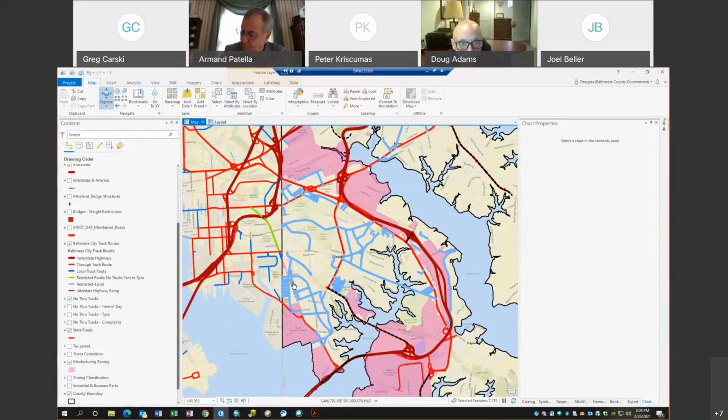This Dundalk is tricky, but I think because these routes we're going to call preferred are so on top of all of these clearly issue areas with restrictions, that may be part of the camera discussion of we want you on Holabird, but as soon as you turn on to X, Y, or Z, that's where we want to nab you.